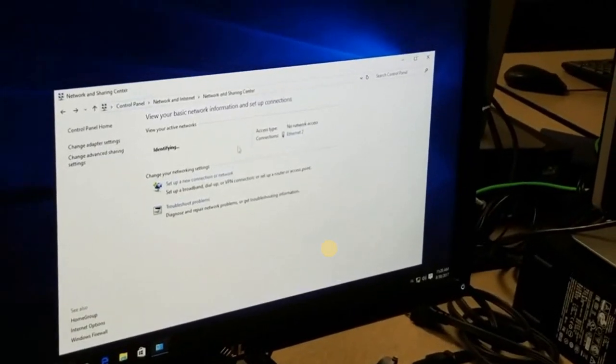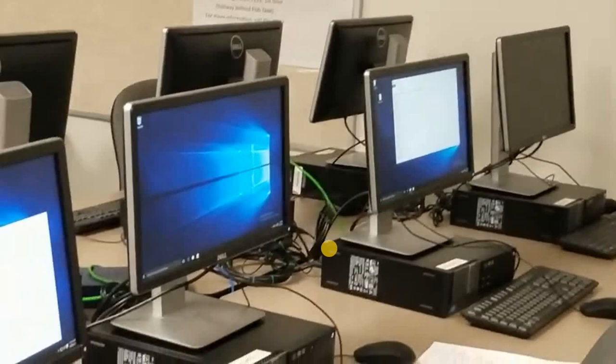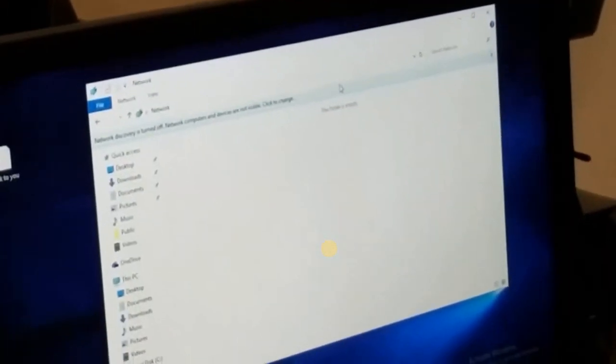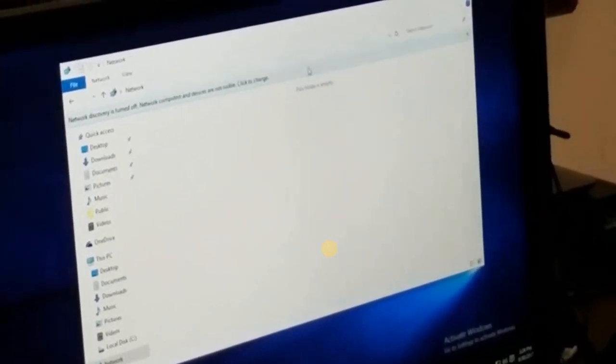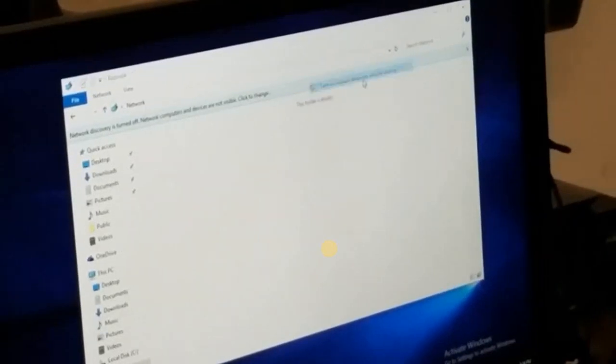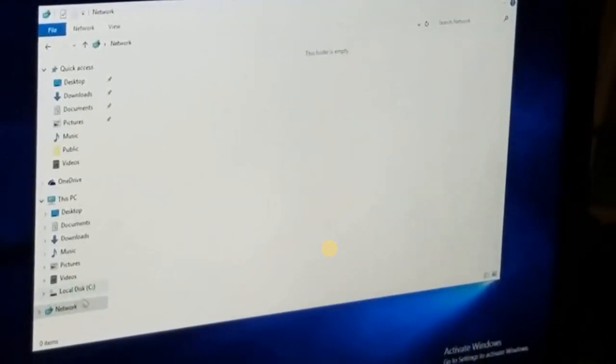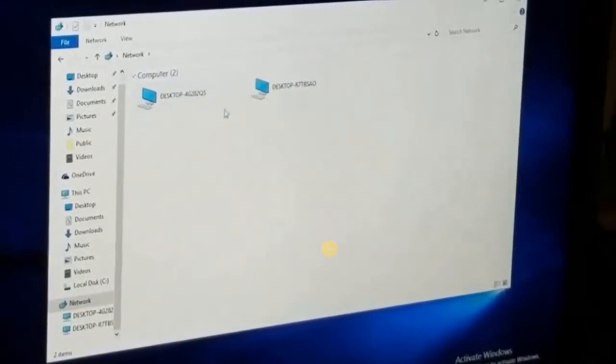Come over here to computer 2 and turn the settings on. With this one, none of the settings prior to this video were on, so you can right click and turn on that discovery and file sharing. See the two